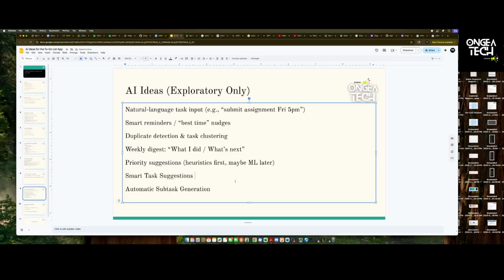Anything else? Anything else? Mm, maybe you can add something hmm